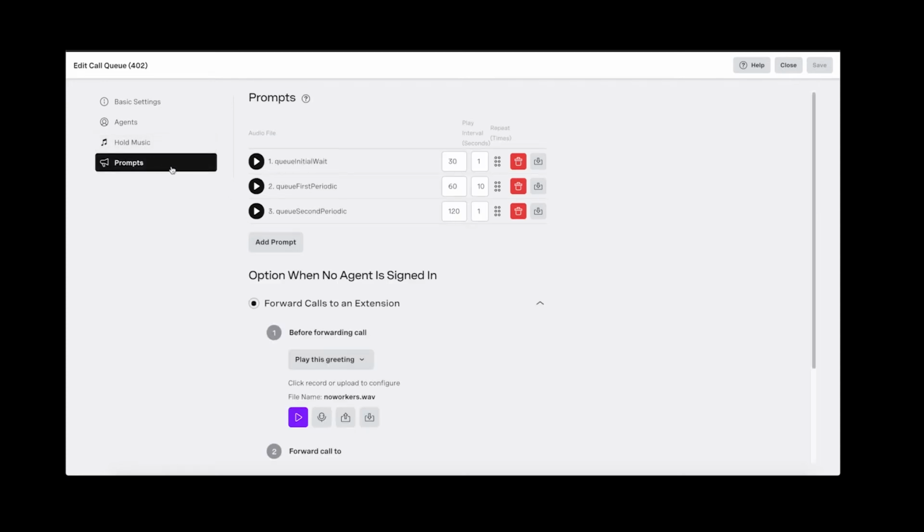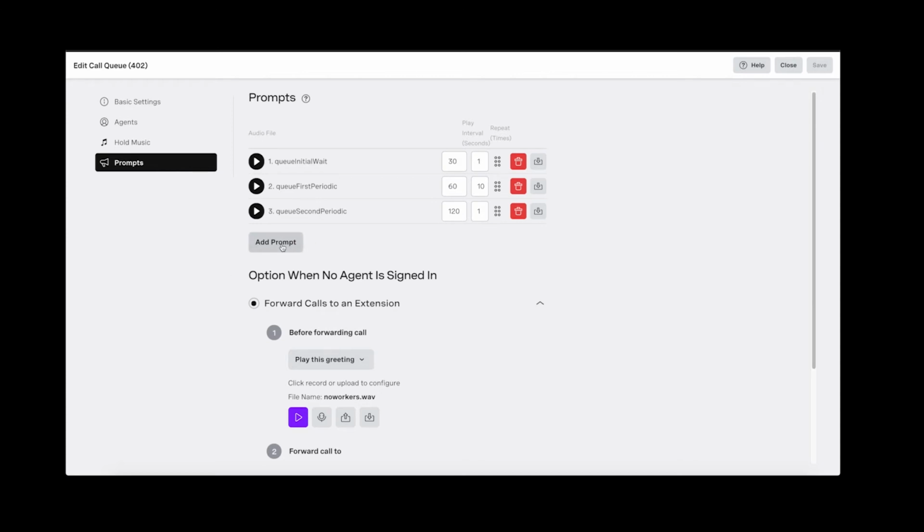Your prompting is also known as comfort messaging. This would be the messages that are read to the customer when they come into the queue and while they wait. So for example, the call comes in and they will hear, "Thank you for calling the sales team. Please stand by." Ten seconds later, they hear another message saying, "While you're holding, please visit our website at www.abc.com. Our agents will be with you shortly."